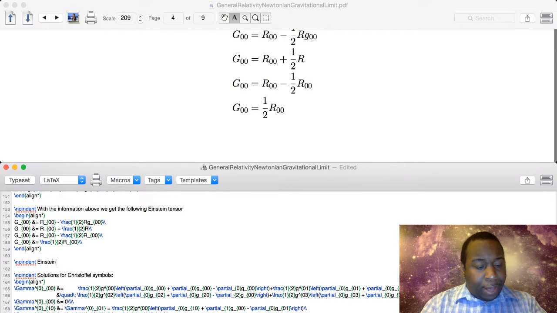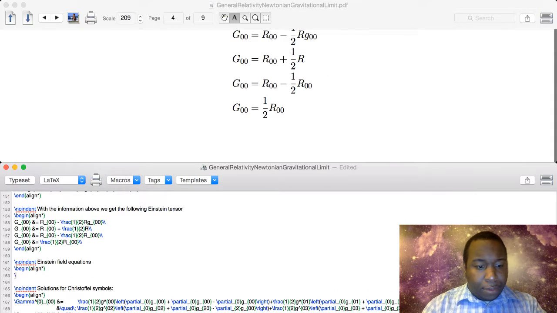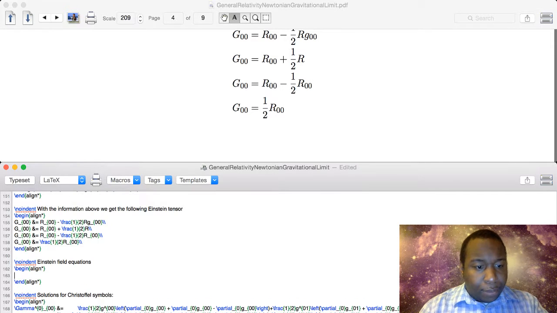For our Einstein field equations, it is the following. We get that this 1/2 of R sub 0, 0 is going to be equal to,